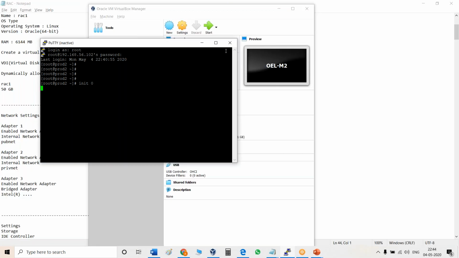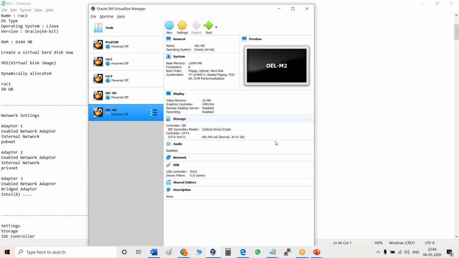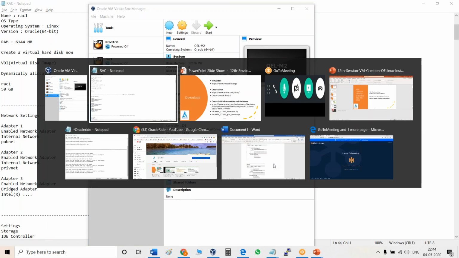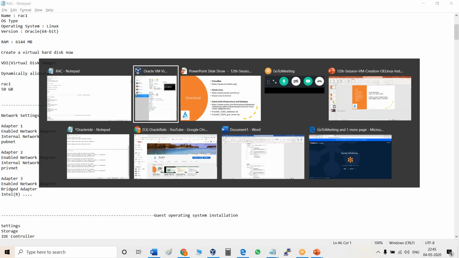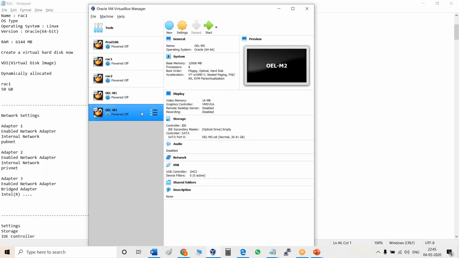So come to the base machine. So power off. Okay, so that's it about this session. So putty working fine, machine creation done, and Linux installation done. Because we do server activity through putty, putty connection is required.